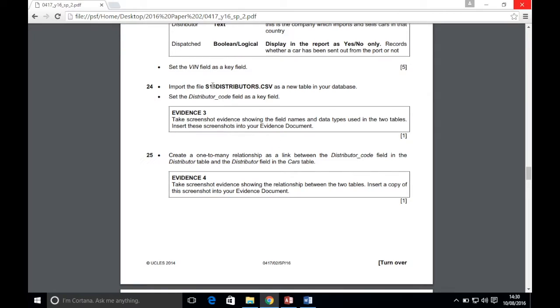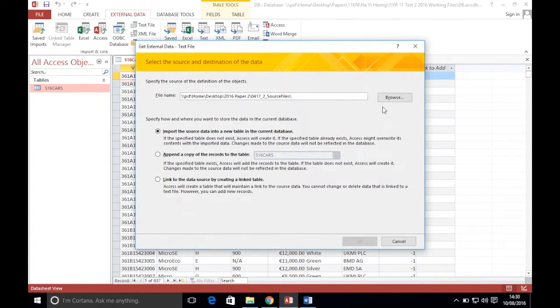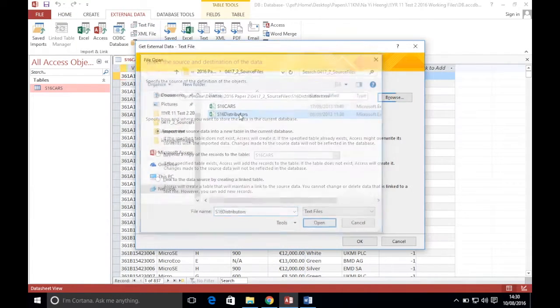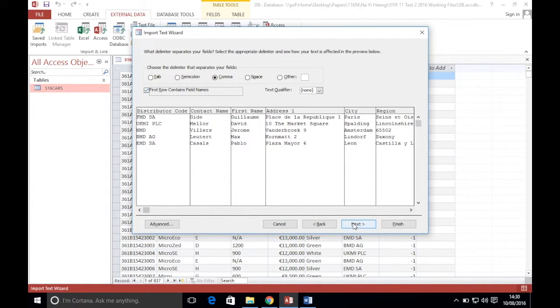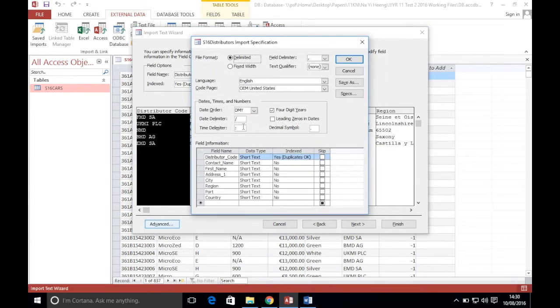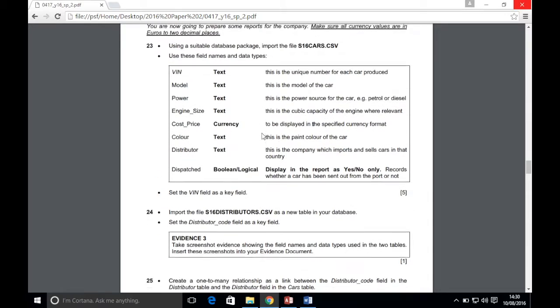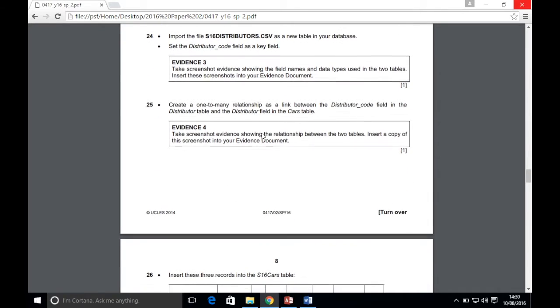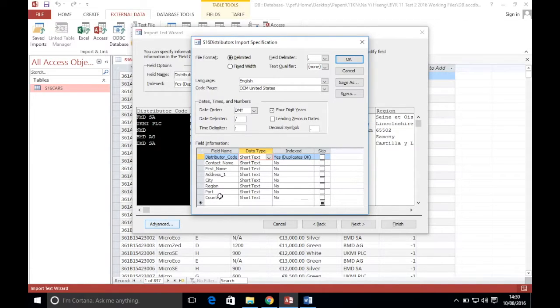So import the file s16distributors.csv as a new table in your database. Set the distributor code as the key field. Again, you need to set the distributor code as the primary key field. So go to external data, text file, I'm going to import the next one, distributors. First row contain field names. I'm going to go to advanced, and I'm going to make sure that